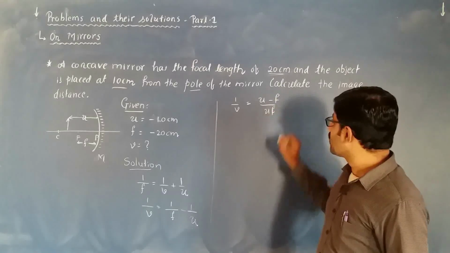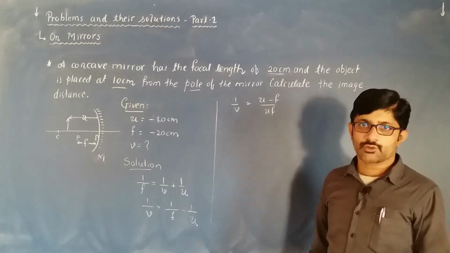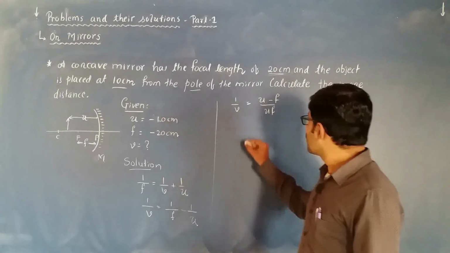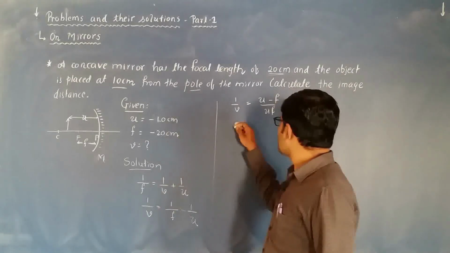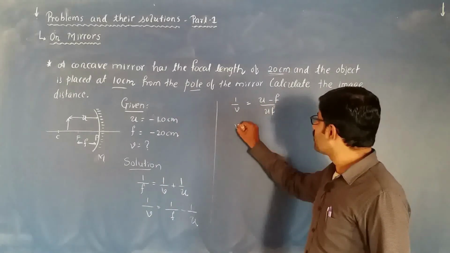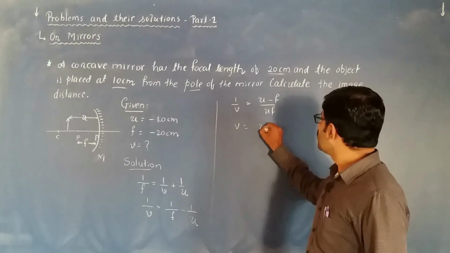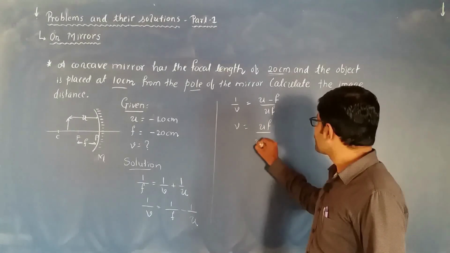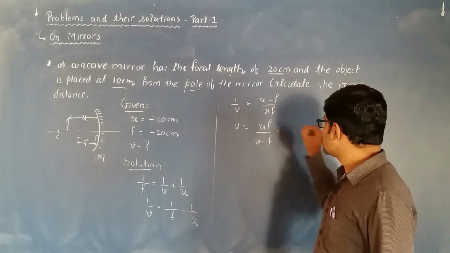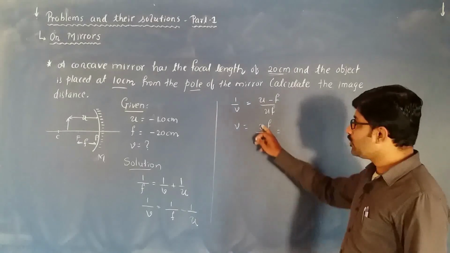On the denominator FU you can write UF, no problem at all. Just shuffle the things by cross multiplication. You are left with V is equal to UF divided by U minus F,